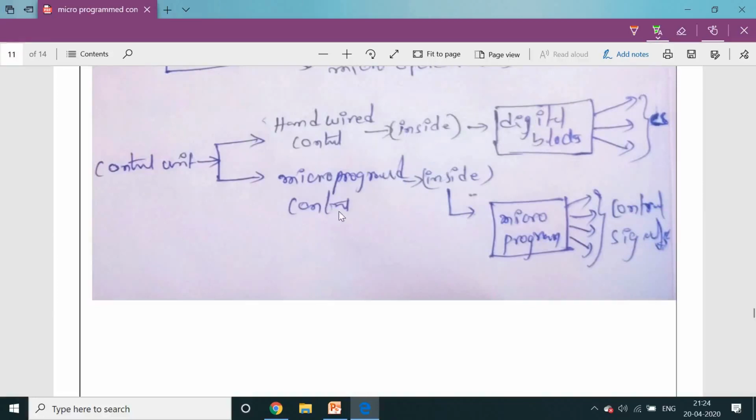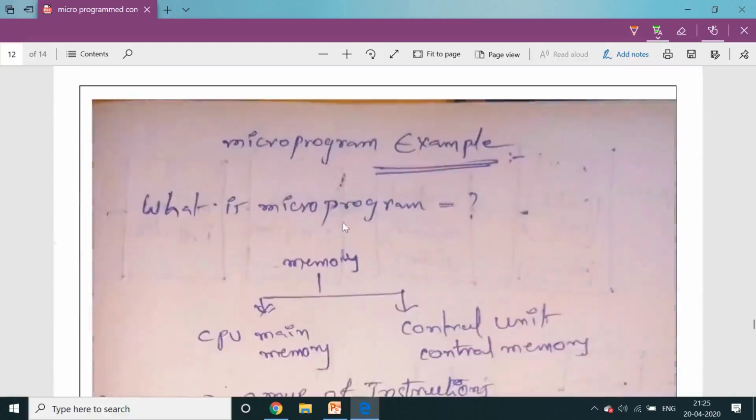In the microprogrammed control, there is a microprogram inside. A microprogram is a group of micro instructions. With the execution of these micro instructions, we generate different micro operations, and those micro operations are converted into control signals. Right? These are the two classifications, very, very important.